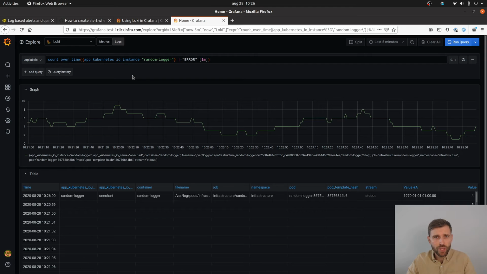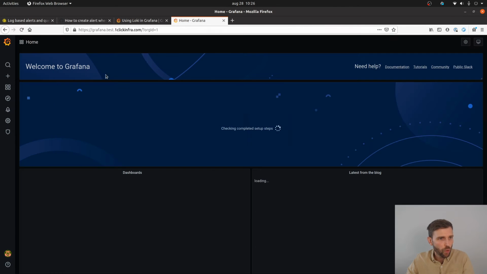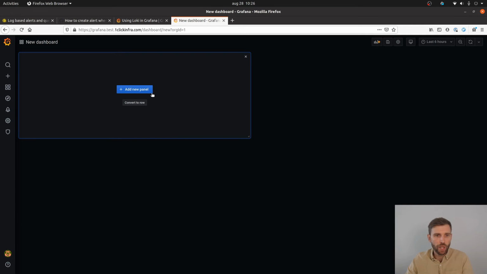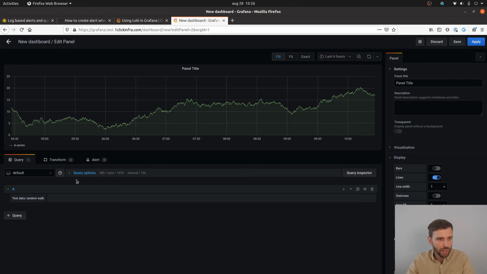Now, how to set up an alert on this one. This is where Grafana gets a bit peculiar because first of all, you have to create a dashboard for it, and in the dashboard setup panel, you will find the alerting one. So I borrow this query, and I go to the dashboards home, or just go to the plus sign, and I create a new dashboard. Great, I'm adding a new panel, and